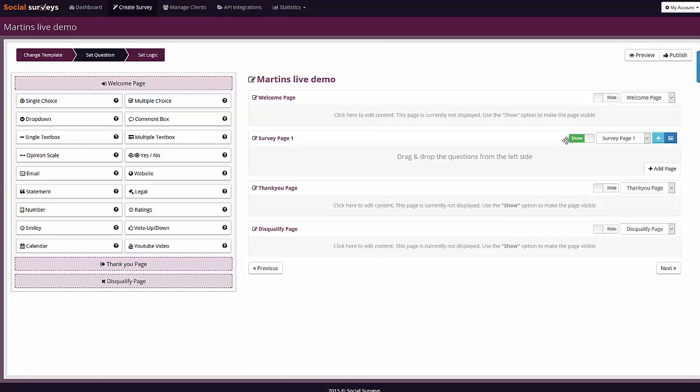By default, survey page 1 is turned on, so that means if they go to the survey they immediately get into the questions, and I'll show you that in a second. You can turn off and on the welcome page. So the welcome page will just set the tone for the survey. I'm just going to turn that on to give you a demo of it,